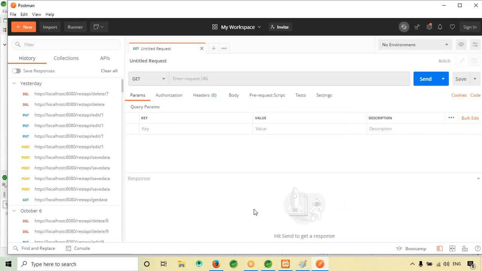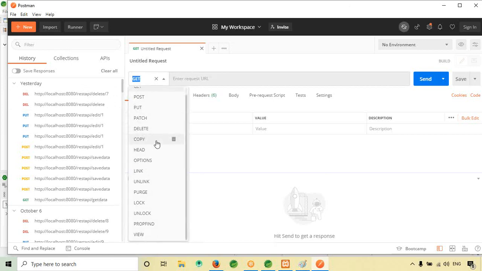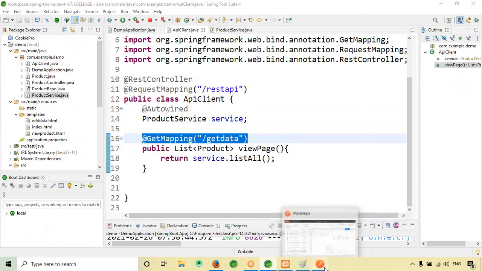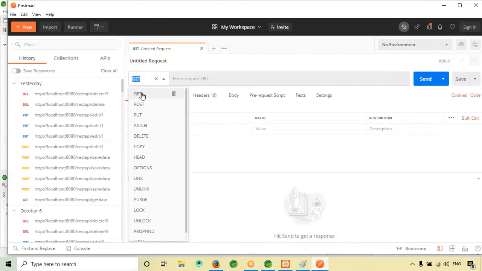Okay, so now see here, when you click this you will get a lot of methods. Since I'm performing the read operation, I want to fetch the data from the server. For that, here I've given the GetMapping, right? Similarly, here you need to choose the GET option.